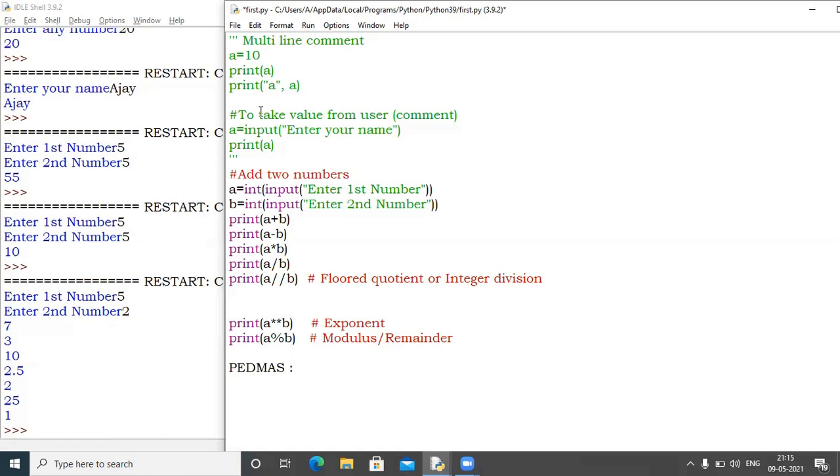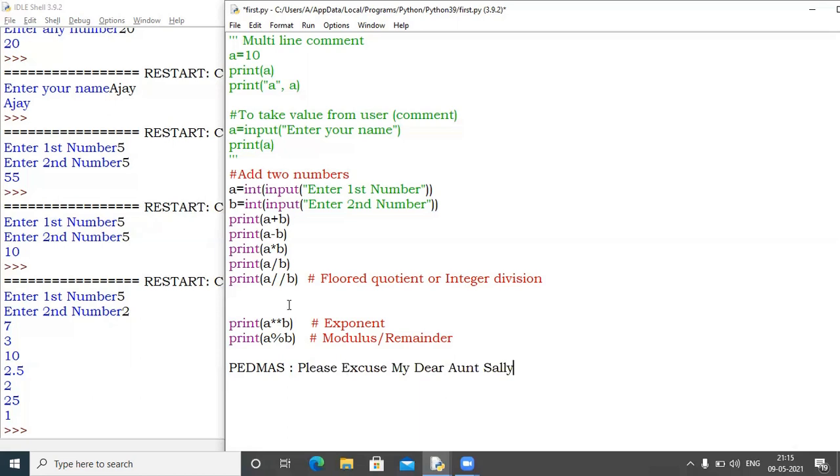If you remember this, P is for parenthesis, brackets. Please excuse my dear aunt. If you remember PEMDAS, you will be able to understand the order of these operations.